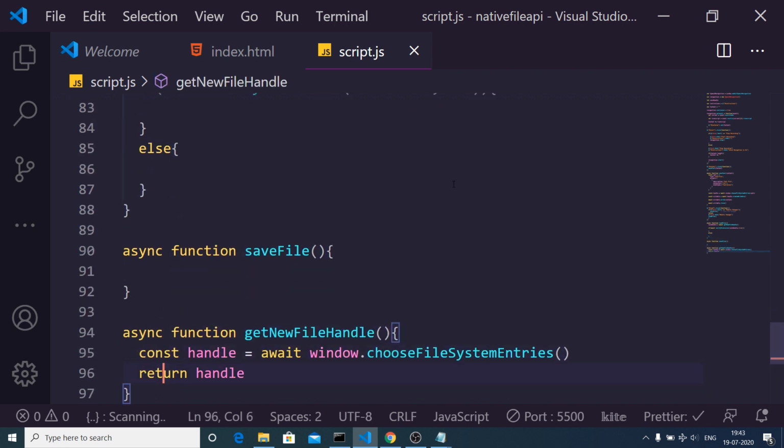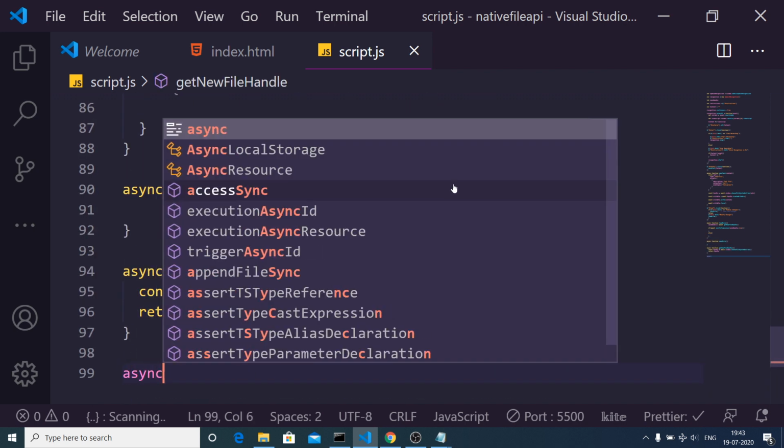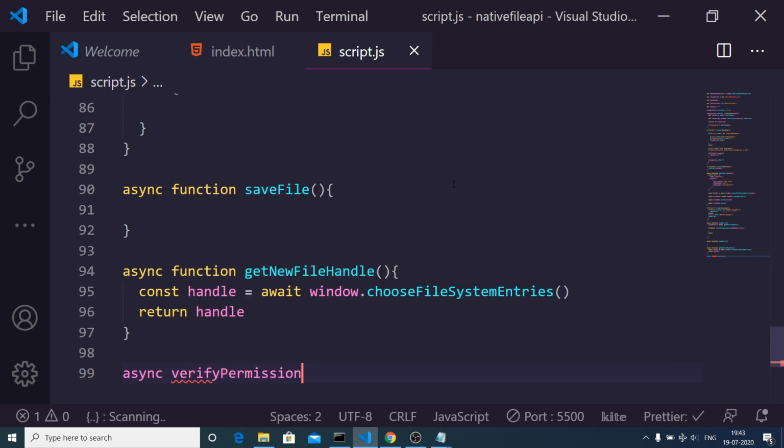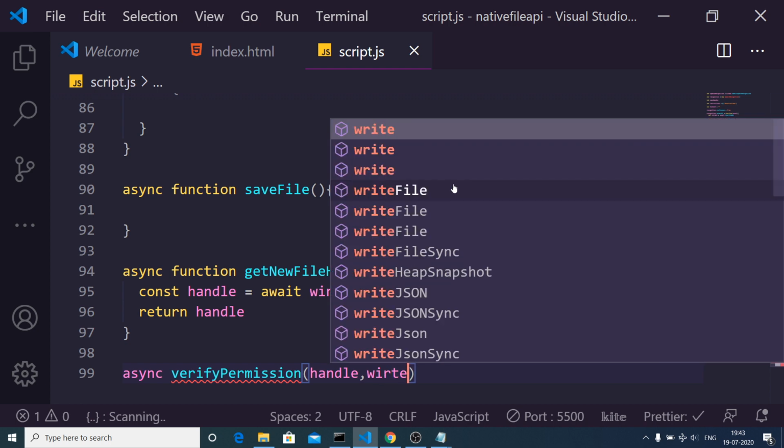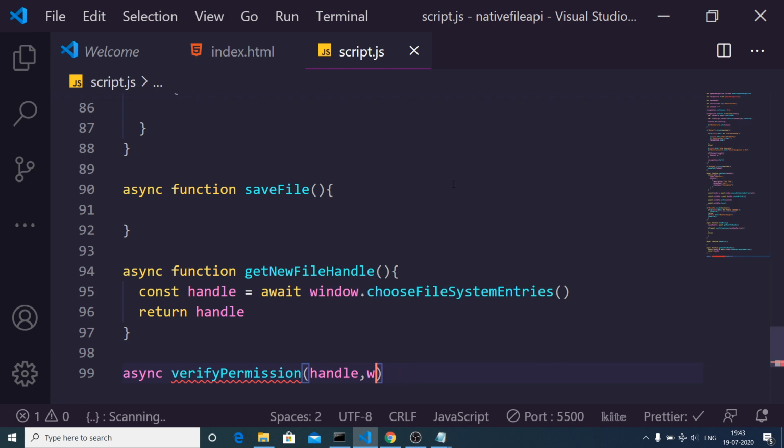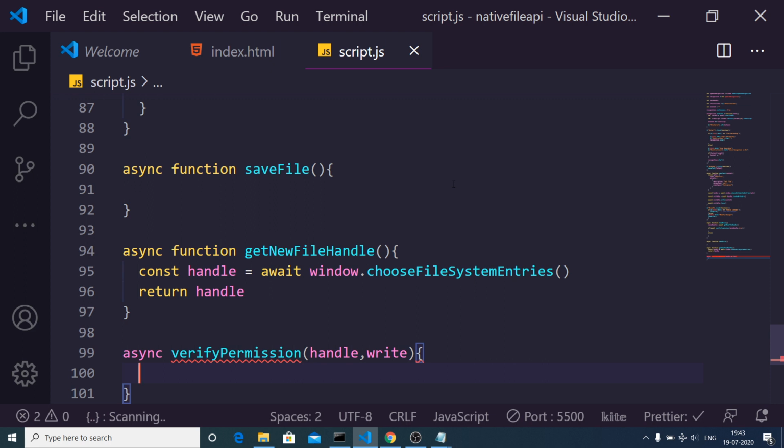So we need to make this function first of all, which will be async verifyPermission. First of all, it will have the handle, and the second parameter, which will be write. Oh, sorry, we are missing the function here.